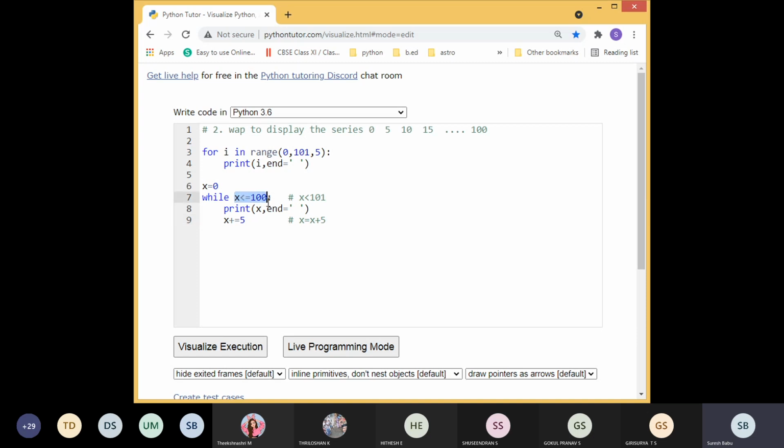When you give the condition, you should be confident. When it reaches 101, it should exit. Less than is different from less than or equal to. Understood by everyone?